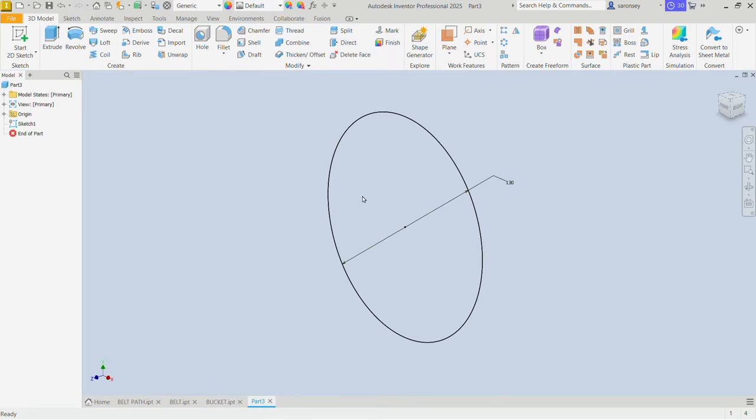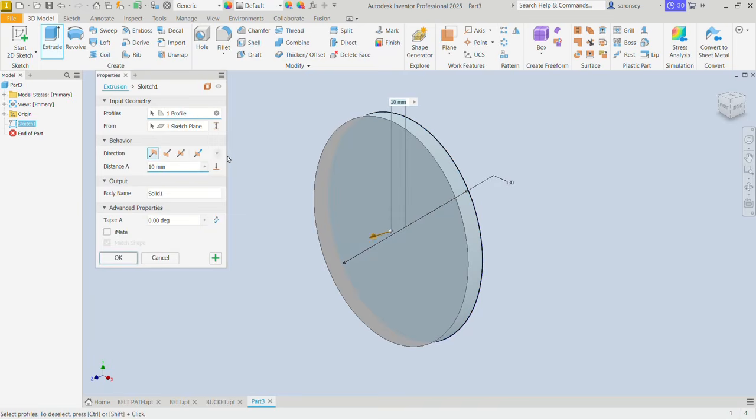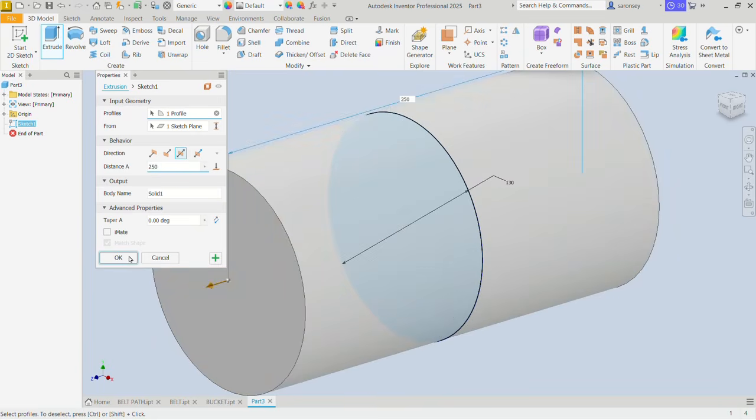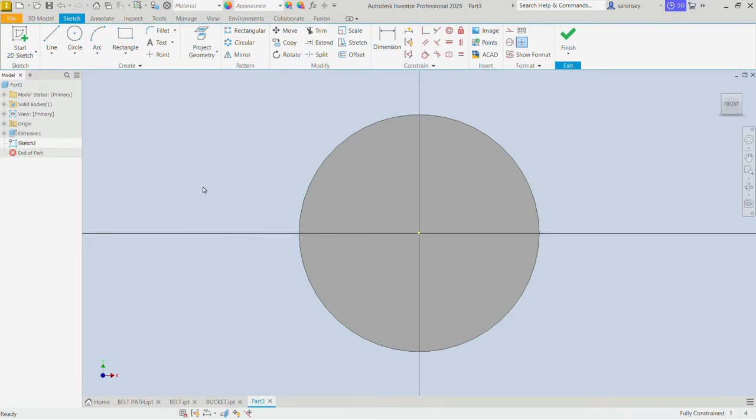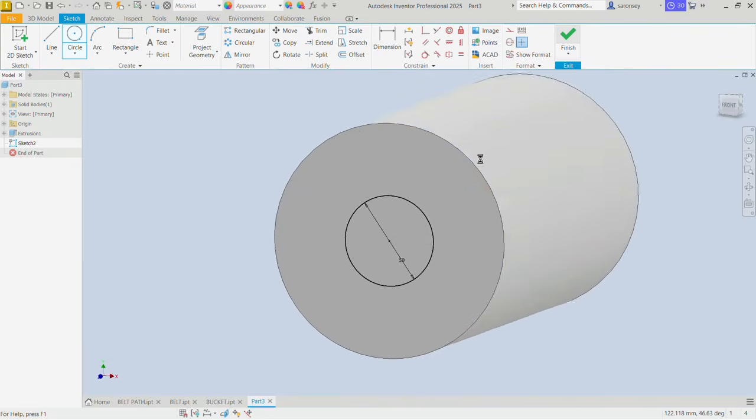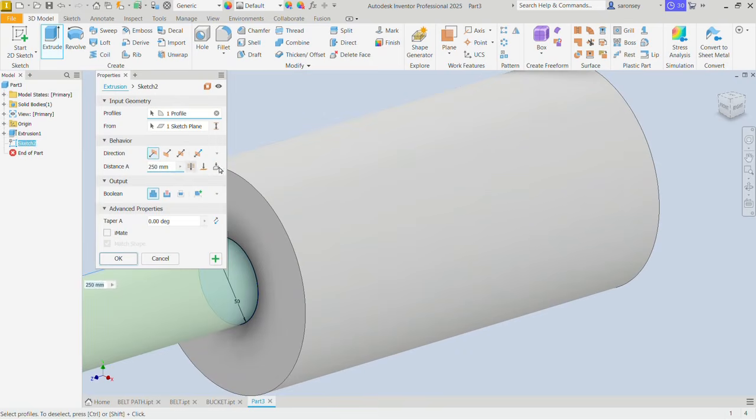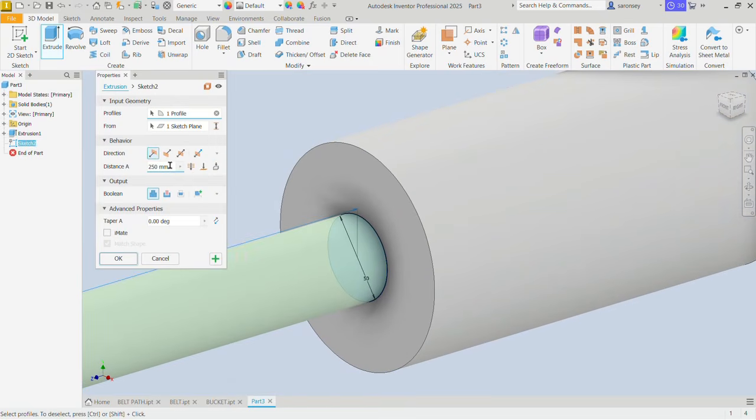Double click your scroll mouse button and we would extrude. The direction should be symmetric. The distance of this is also going to be same as the distance of the belt, which was 250. So I'll type that in here and hit OK. Now on this face, let's create another sketch. Let's pick the circle command and draw a circle here at this point. The diameter is 50. We would enter that. Now let's finish this and extrude this to a distance of 50 also